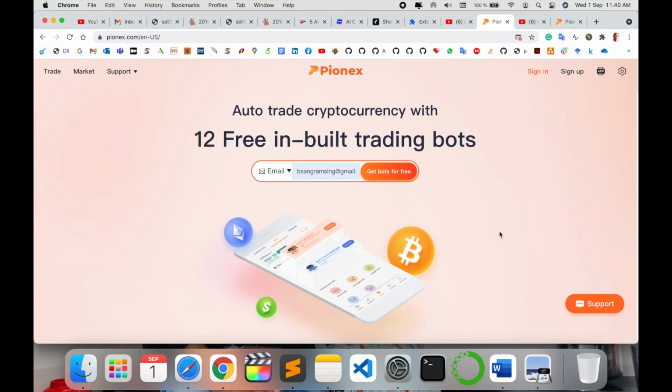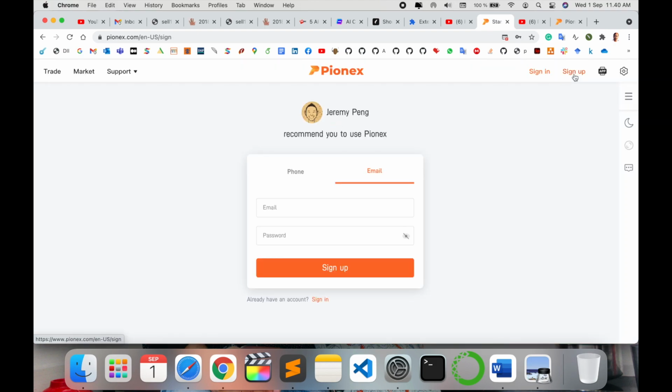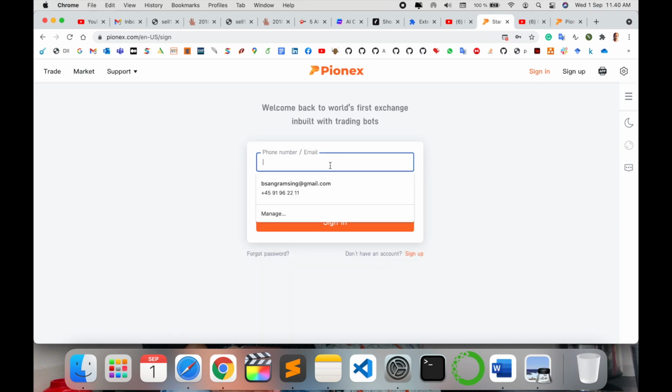So now it's time to sign up. So how to sign up here? Sign in. If you already have an account, you sign in directly, otherwise you sign up. So I just simply click and sign up. Now you enter the sign up using your email address and password, otherwise you can add your mobile number and password. So I just simply sign up here.